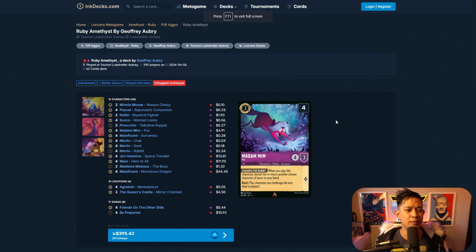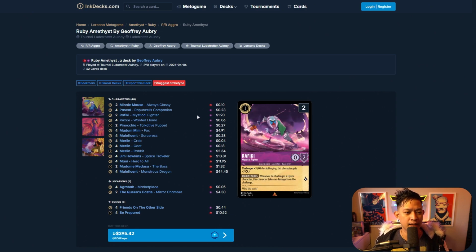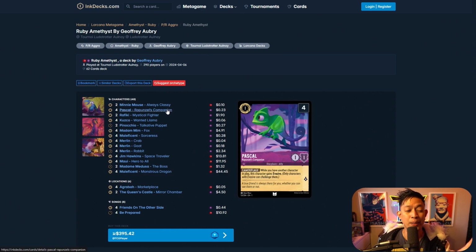All right, next up is Geoffrey Aubrey with the Ruby Amethyst. This one is pretty unique in my opinion. It's not something that I see all the time, so well done on creating a deck like this and doing well with it. This one is running 4 Pascals, and it's also very, very important that it's not running Mim